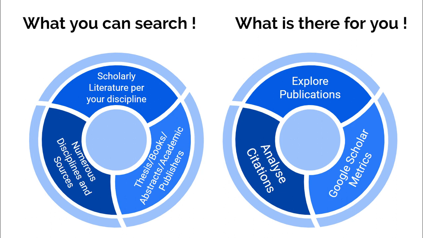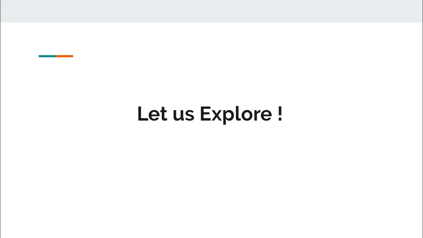You can analyze the citations, that is, who is using your papers in their reference section and who is going to use your data in his or her research paper. These things can be analyzed using the citation toolbox in Google Scholar. And next to it is Google Scholar metrics. There are different metrics offered by Google Scholar, that is H index and I10 index. So we will discuss how you can analyze those metrics for your research.